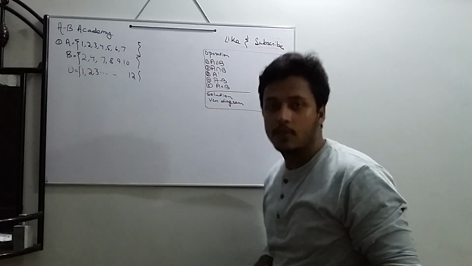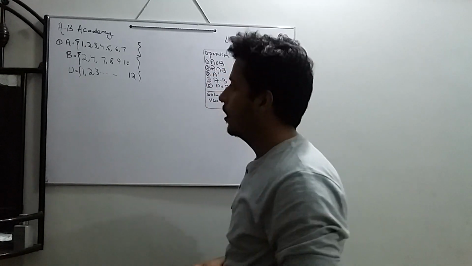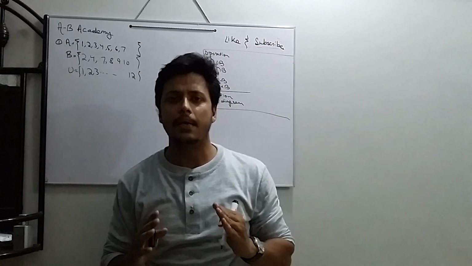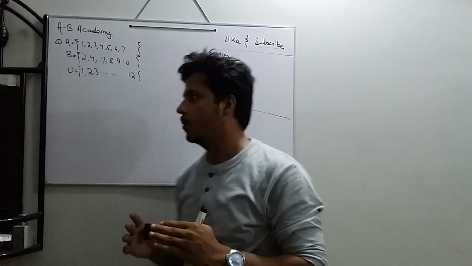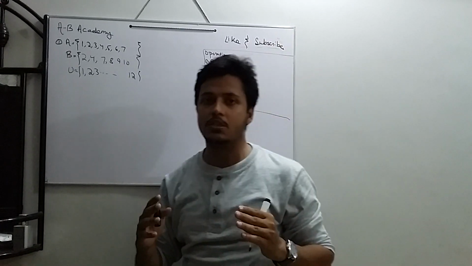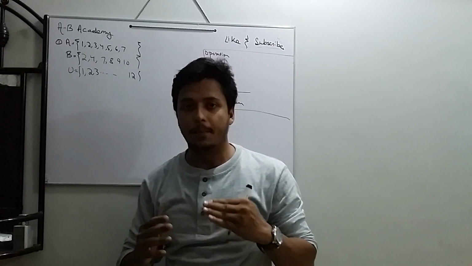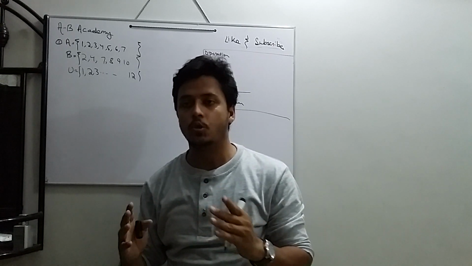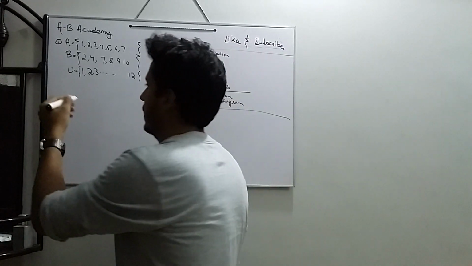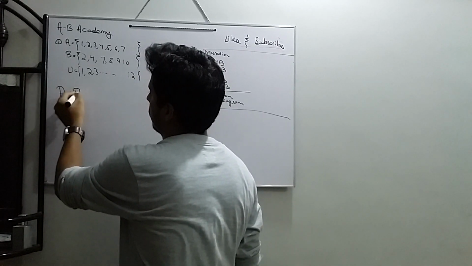Now firstly we will cover A union B. Now what is union? Union is simply the combination of two sets, and we have to just take care that the elements which are repeating in both of the sets should be written only once. Now I will say as I have described: A union B.